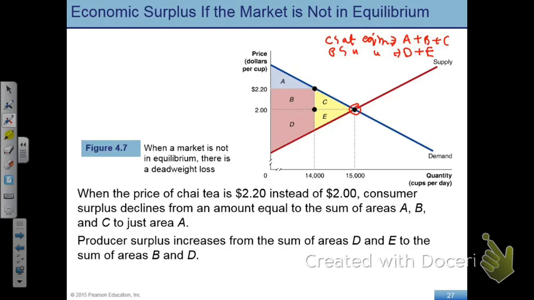The lower triangle and the upper triangle. So that's one. When there is an underproduction, let's say at $2.20, your consumer surplus is just area A, and your producer surplus is B plus D,